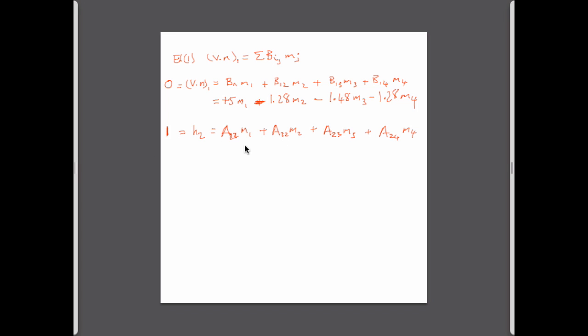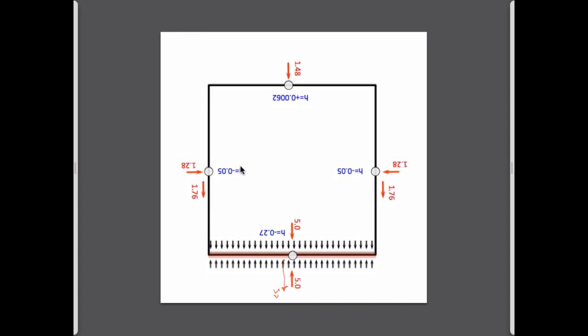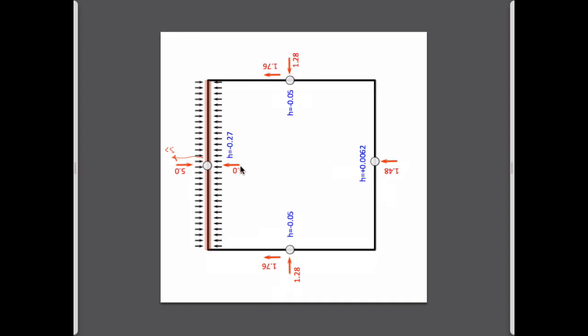So the first one will be, we'll put a source at node number 1, element 1, and see what the influence is on number 2. And so we're going to put something here, and we're going to see what its influence is here. This is much easier now because we're calculating what the head is at this point. And the head is a scalar, so we don't have to worry about the normal to the boundary vector and all those things. And so if we go back to this,